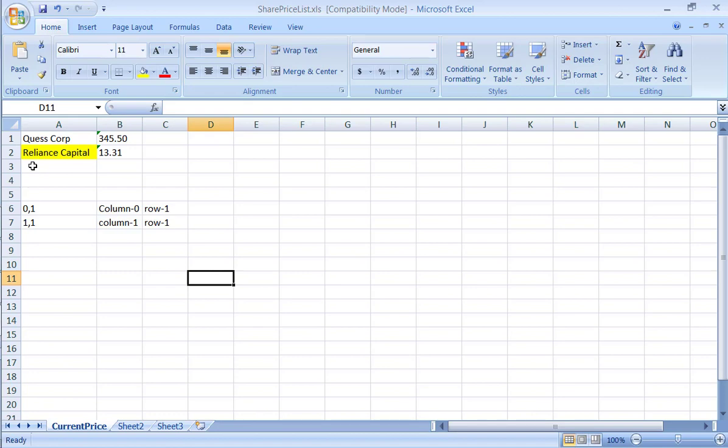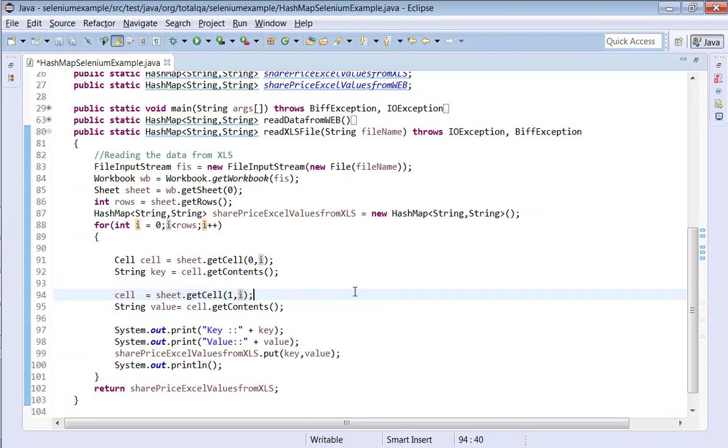So row 1 is fixed, but the column is changing. Column refers to 0, column refers to 1. When I say column 1 and row 1, it refers to the price. Okay, clear, right? Then once we store the data in the hash map, we return the hash map.